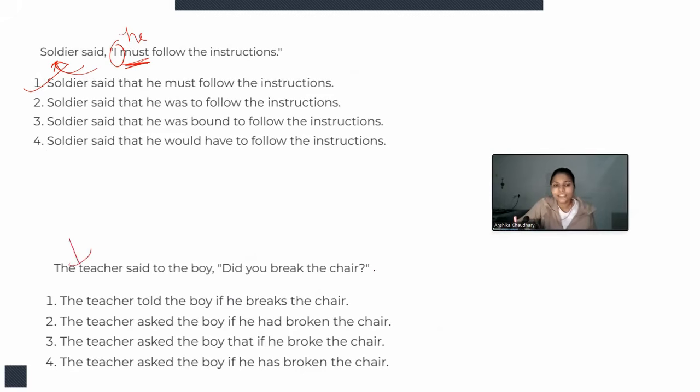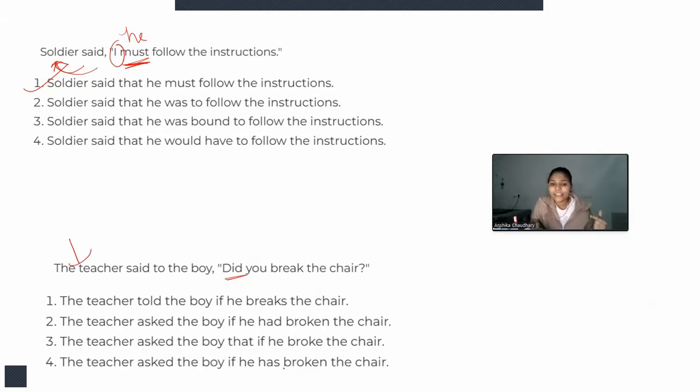The next is, the teacher said to the boy, "Did you break the chair?" Here, if we have an interrogative sentence in our direct speech, we convert said to into asked. This is the rule. So the teacher asked the boy, and this is past tense. It will be converted to past perfect. This is the rule, right? So the teacher asked the boy